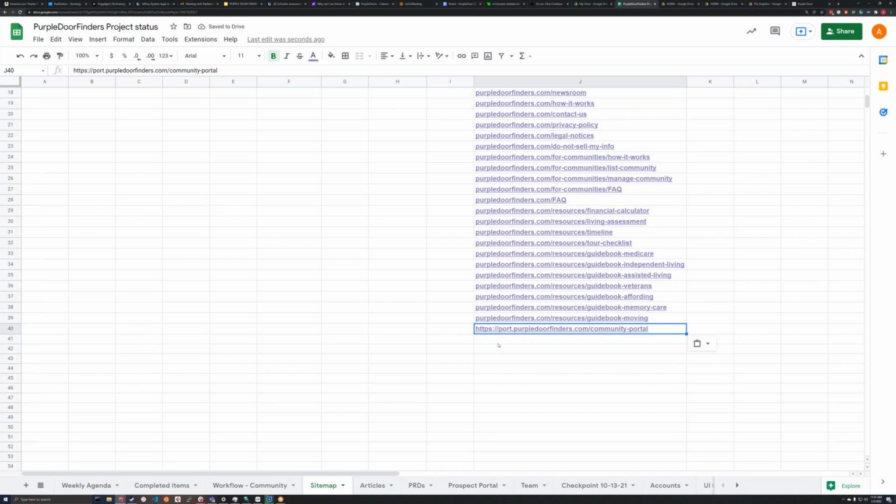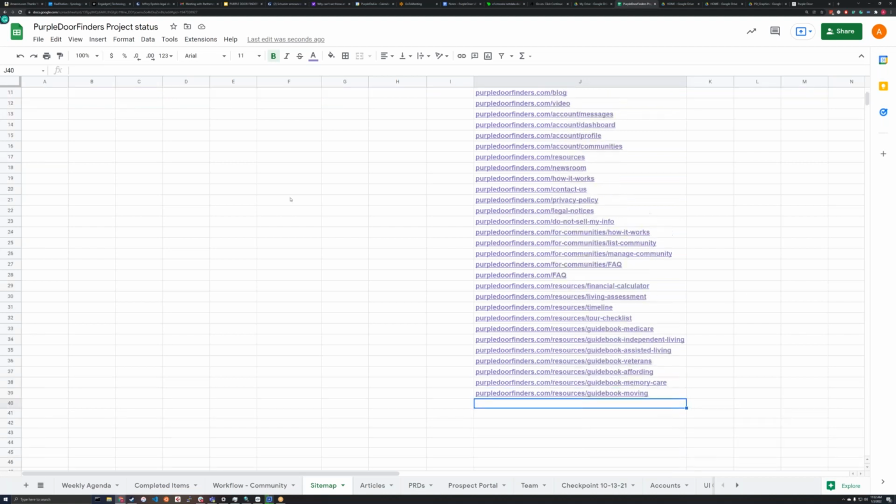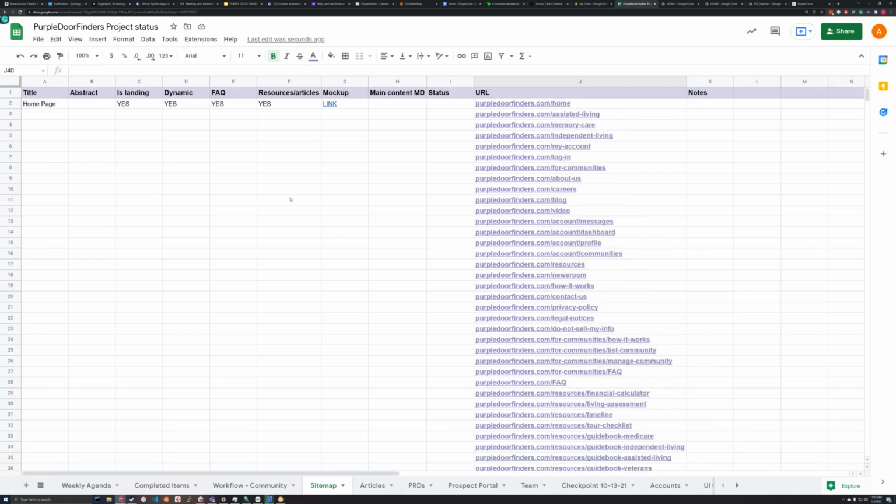You see that? Okay, that will precede everything that's in the community portal. But in here, I have it as "for communities," so that needs to change. I don't know. This is just how it works. You know, where we want to put it. But it will be...